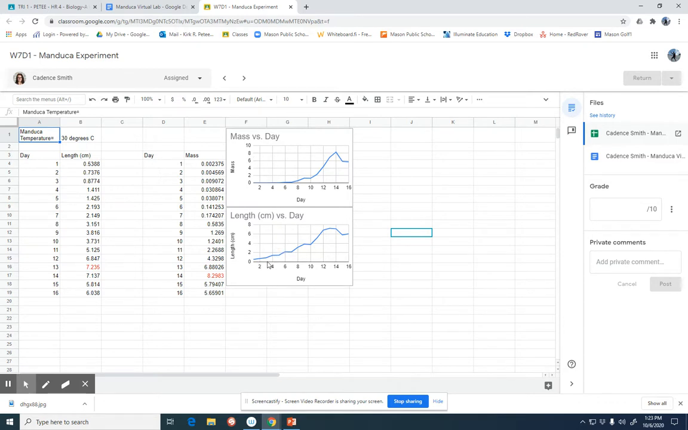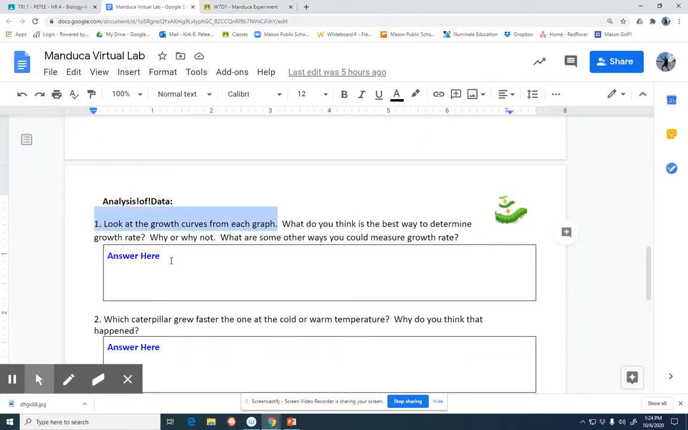We discussed that if you are able to calculate the slope of either of these lines, that will equal your growth rate. Remember, slope is rise over run, and you can simply pick coordinates and plug that into your slope formula. Once you've made your slope calculations, you can then give your growth rates for the different temperatures